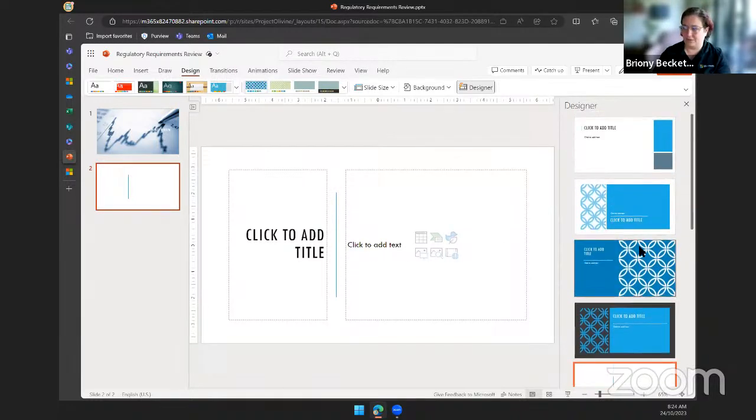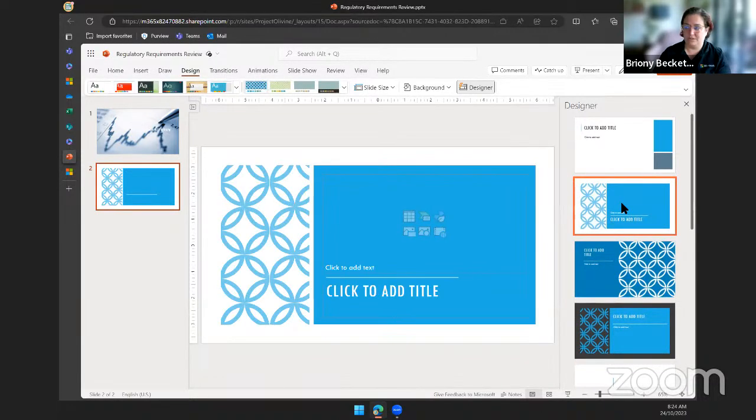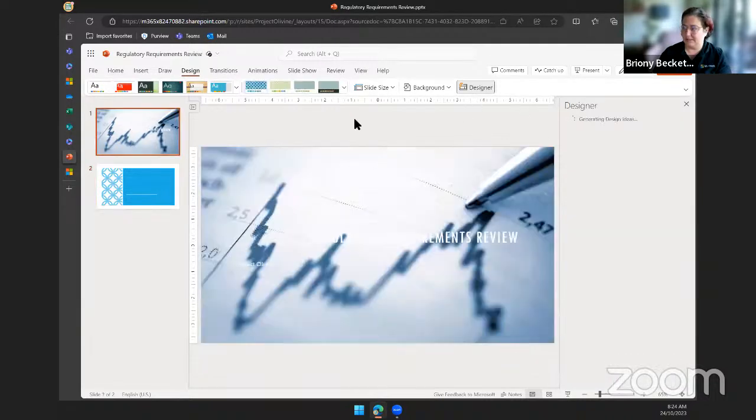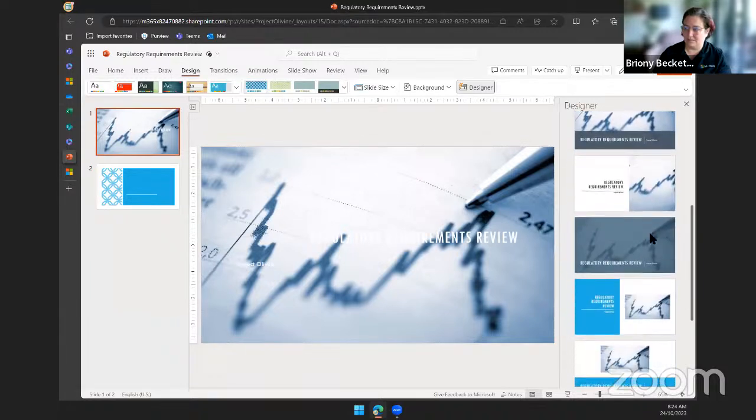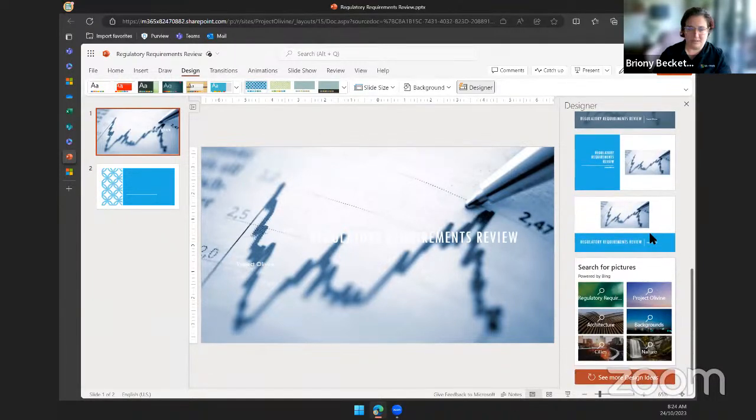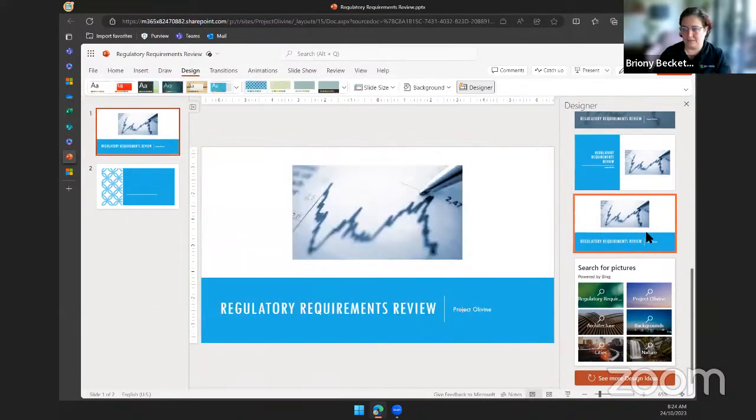So here's all of the different options within this theme of what you might want a title slide to look like. If I clicked out to this one that's not in here, it's going to pick up the theme that I had applied, with the colors, and take what's on the screen and say, okay, here's all the options within that theme to then change to make everything match.